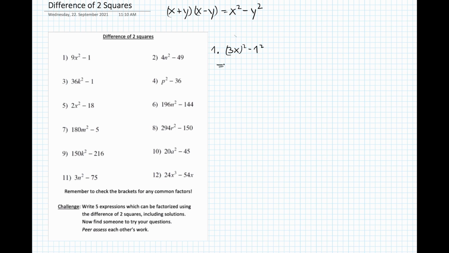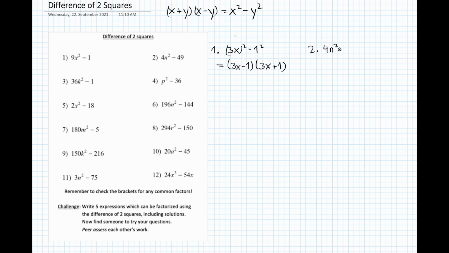And then that's the same as, now I use the formula right here, 3x minus 1 times 3x plus 1. And it doesn't matter if you put the minus in the first parentheses and the plus in the second, or the opposite way. It's exactly the same because you can change the order of a product. Alright, let's go to the next exercise, which is